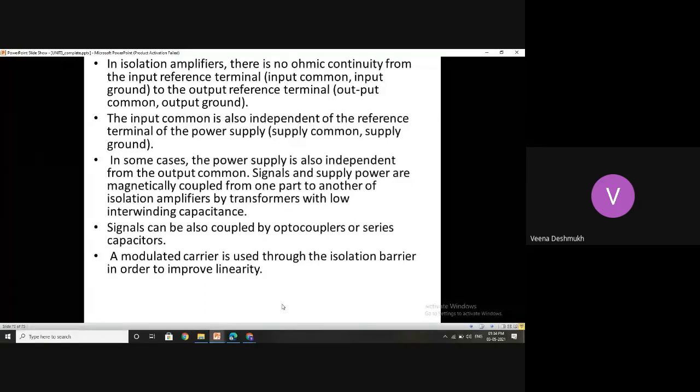Suppose there are 100 turns, then definitely 99 capacitors are going to be formed there. So these 99 small capacitors are going to have some capacitive effect on the next stage. That is as good as coupling through a capacitance. Under such cases, these capacitors have to be shielded, as we saw in the previous case, and maintained with a common reference.